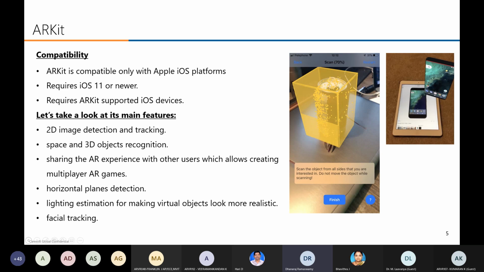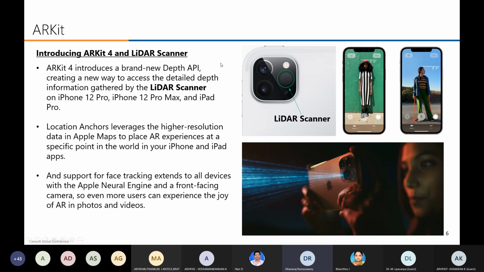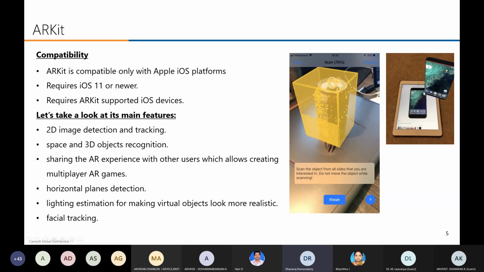Let's take a look at the main features. Let us go through the main features of ARKit: 2D image detection and tracking. You can see the right side image, the second image. It's scanning, detecting the image and tracking. Yesterday I showed some samples of image detection and tracking.